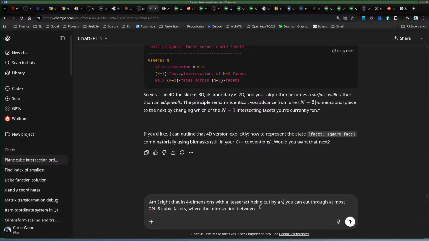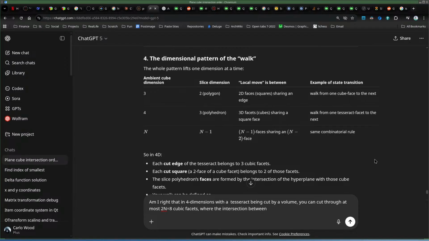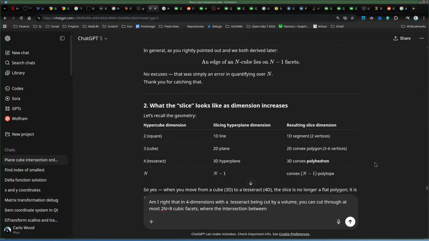It calls it the 3D hyperplane here. Maybe that is more clear than the volume. By a 3D hyperplane,